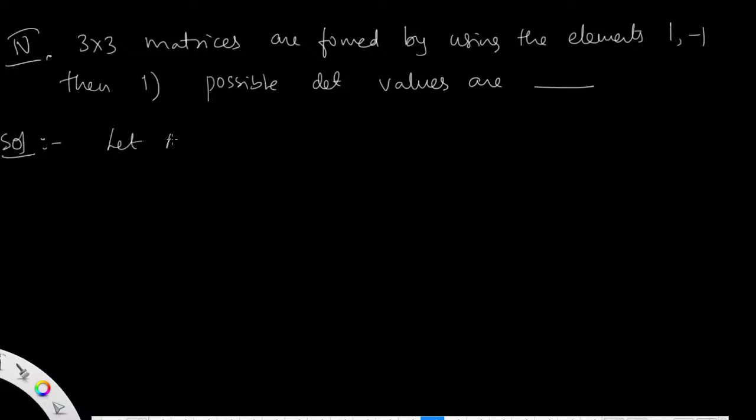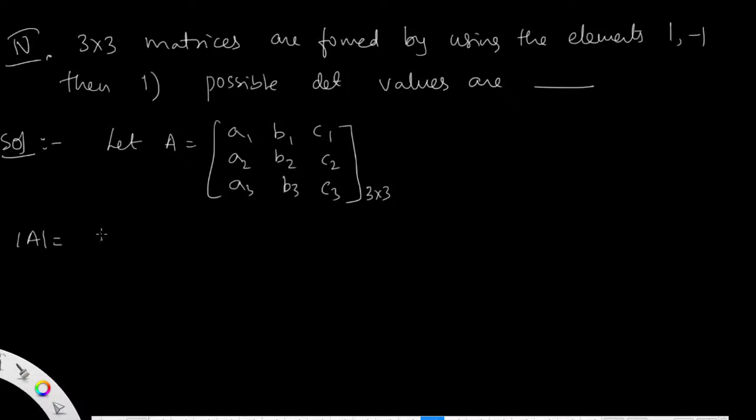Let the 3 by 3 matrix be assumed as A1, B1, C1, A2, B2, C2, and then A3, B3, C3. This is the order of the matrix, 3 by 3. So they are asking for the determinant. The determinant of A is A1 into the determinant of the submatrix for first row, first column: B2 C3 minus B3 C2, minus the second column, plus, minus,